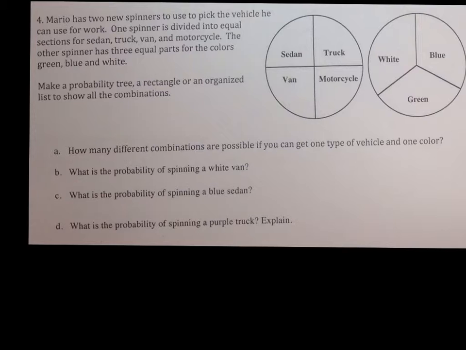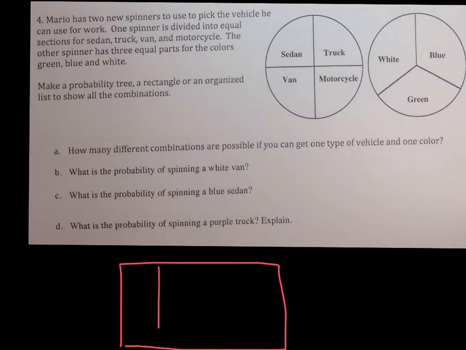Okay, so this problem says Mario has two new spinners to use to pick the vehicle he can use for work. One is divided into equal sections for a sedan, a truck, a van, and a motorcycle, and the other has 3 equal parts for green, blue, or white. And it says make a probability tree, a rectangle, or an organized list to show the combinations. Since there are 2 different things that we're looking at, the type of vehicle and the color, I'm going to make a rectangle because I like using those to help me out. So making my rectangle here,